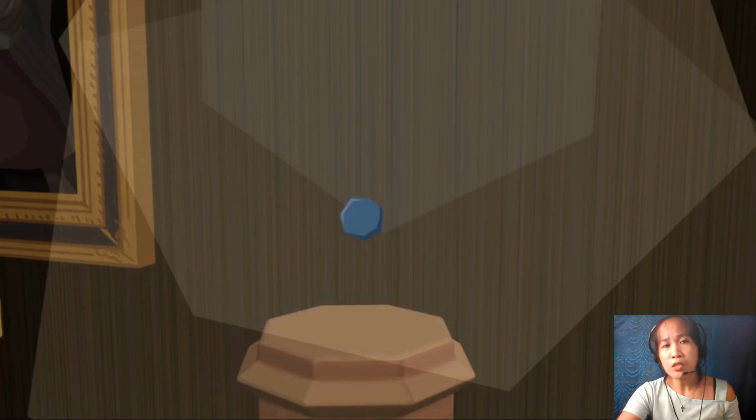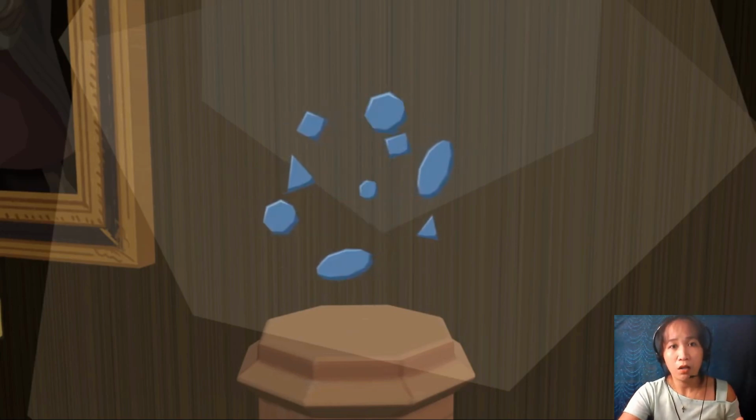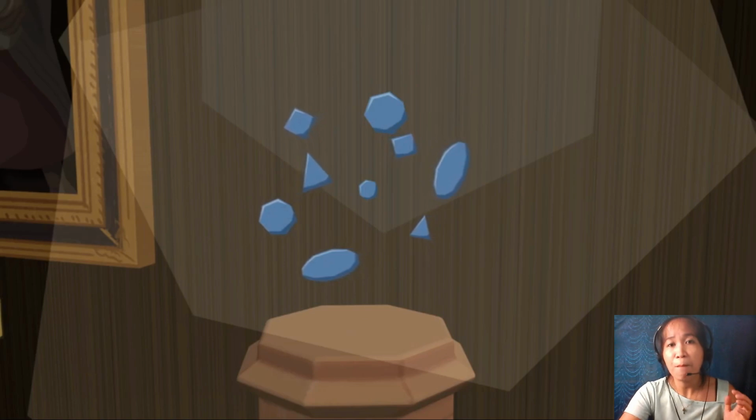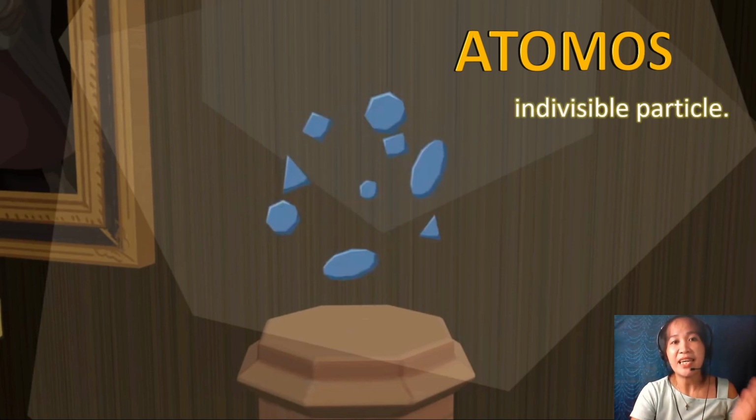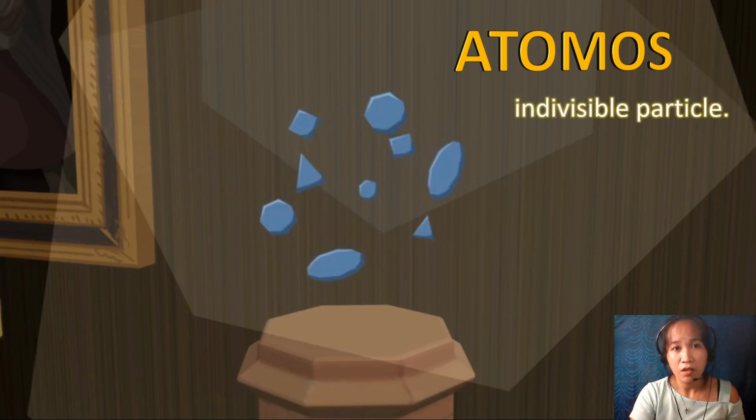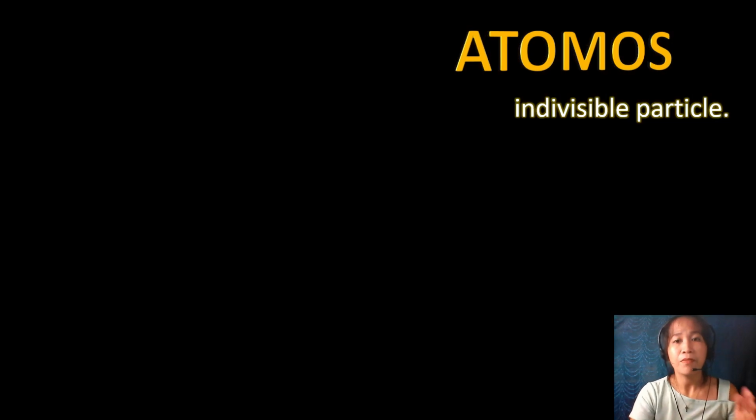So, Democritus believed that any piece of matter can be divided and subdivided into very small particles. But that process ended at some point when a piece is reached that could not be further divided. And he called the particle atomos. Okay? A Greek word which means indivisible particle. So again guys, indivisible, hindi na pwedeng ma-divide. Okay? Democritus' ideas about the